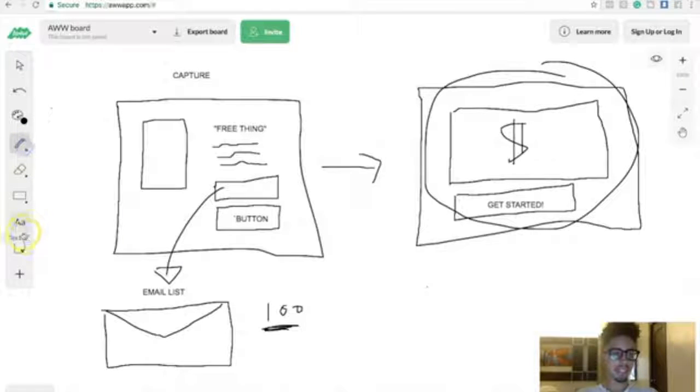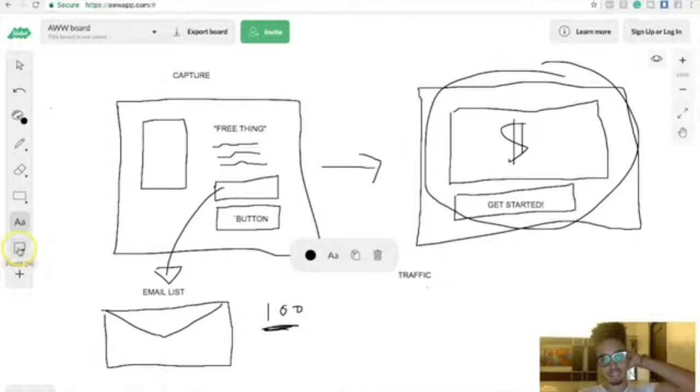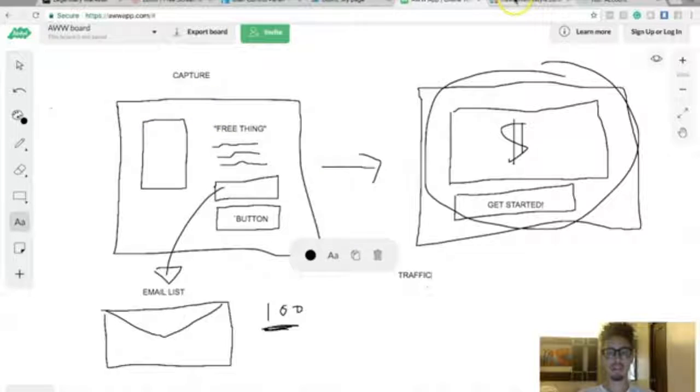So the first thing is we need traffic, website traffic. Now, this is a sales funnel, but just to make sense, I'm going to say website traffic. So we need traffic to this little page, right? Now, there's multiple ways that we can go ahead and generate traffic, but before we even worry about traffic, we need to understand something, right? We need to understand what our conversion rates are.